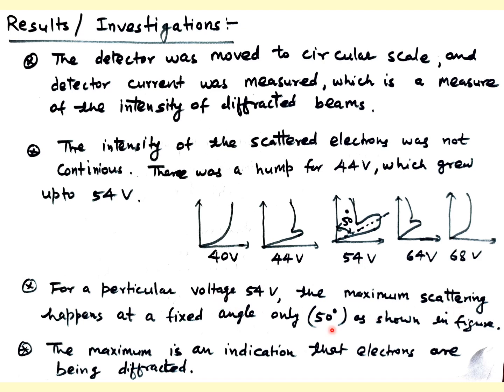There is maximum scattering at an angle of 50 degree. Here in this image we can see this maximum is an indication that electrons are being diffracted at an angle of 50 degree, and the voltage is 54 volt,